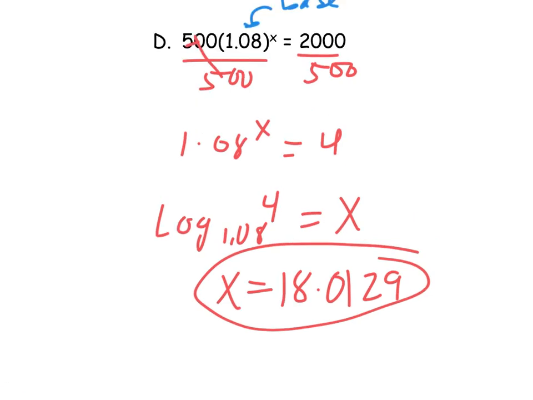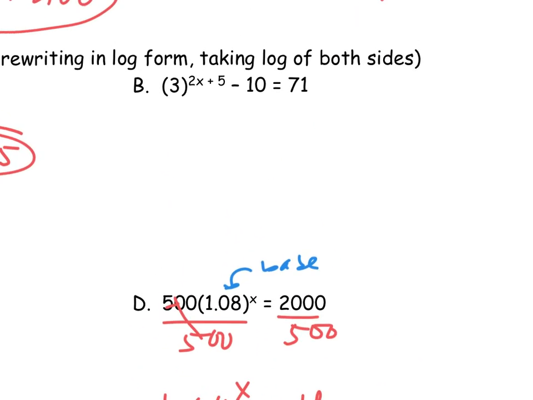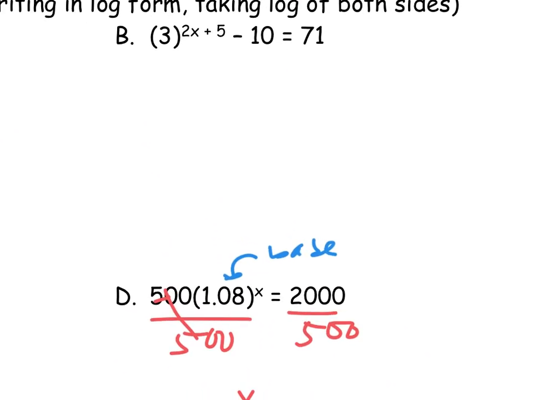There we go. I want to save this one for last. We could do this one the same way, but I want to show you something. This is kind of what we learned with logarithms in the beginning, or working with exponential functions, sorry. My base is 3, so we got to get rid of that 10, and I get 3 to the 2x plus 5 equals 81. Okay, now we could do this one the same way we did all the other 3. You could. I just want to show you that